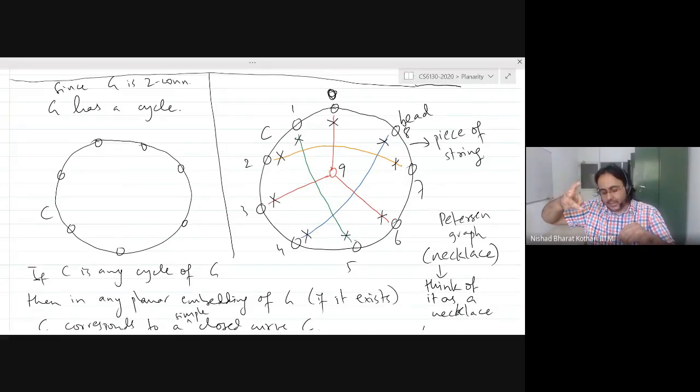It has 3 edges and 1 vertex. The blue piece, the orange piece, and the green piece look like 3 edges of the graph. These are going to be the bridges of our cycle. So our cycle here has 4 bridges: red, blue, orange, and green. Using this concept, we are going to proceed towards an algorithm for planarity, and we will continue from here tomorrow.